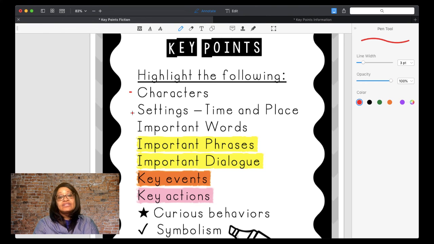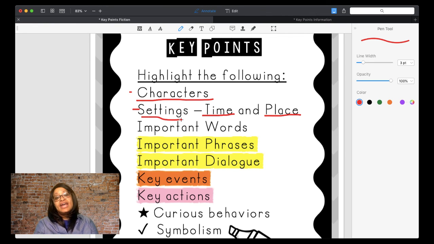And the setting is also important as well because we want to know where and when is this happening? What am I supposed to picture? A lot of students don't realize that when you're reading, you're supposed to set up a conceptual model of what it is that you're reading. And so to help you set this up, you would picture characters, you would picture the setting, and create this